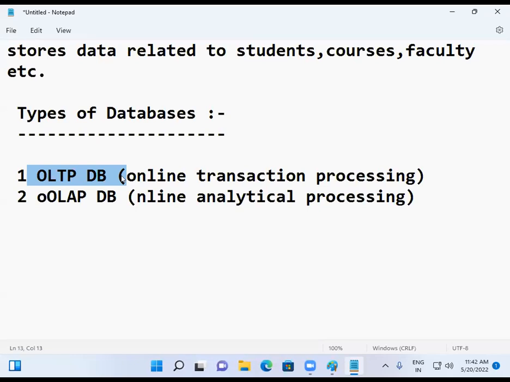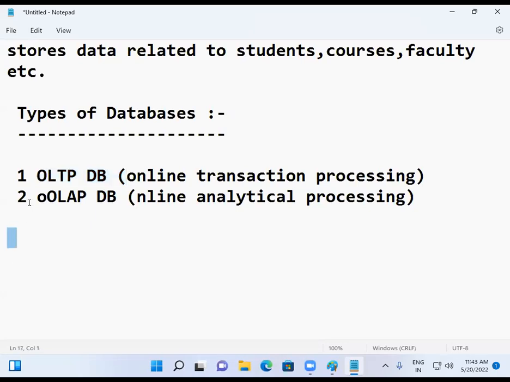Okay, then. Sometimes when you go to the bank, the bank people say, boss, server is down, wait for 10 minutes, wait for half an hour, like that. Yes or no? That means which server is down? The bank's OLTP server is down. When the OLTP server is down, it will not allow the transactions. That's why the bank also will not allow the transactions. Got it? So the first one is, every transaction is recorded in OLTP. So this is for storing the day-to-day transactions.